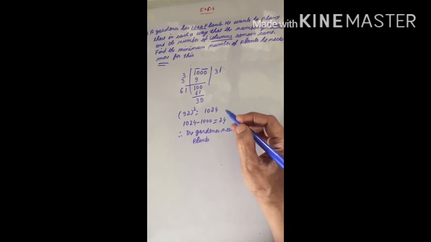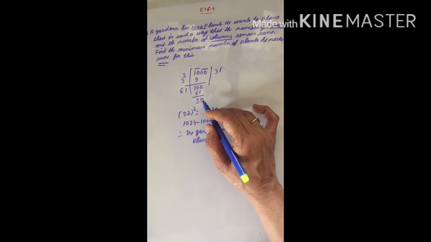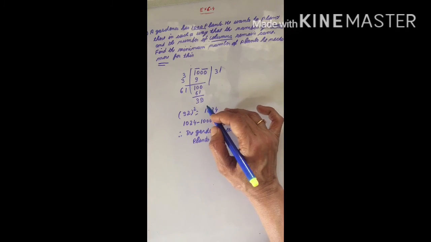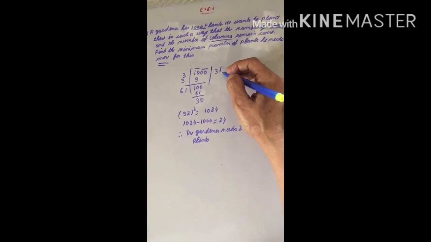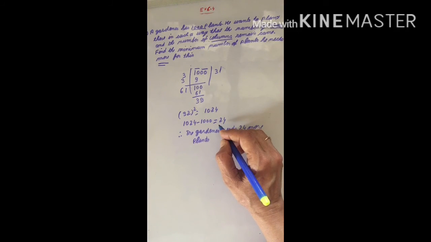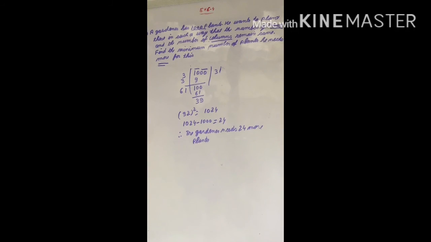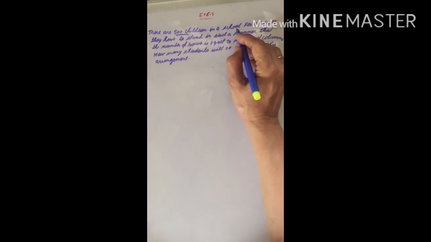Now if the question was how many plants will be left over, then easily we should have written 39 will be left, but here we are supposed to find how many more he wants. So we are finding the next number, that is 32, and the difference is 24. It means he needs 24 more plants. Clear? Children, question number 9 is, there are 500 children in a school.